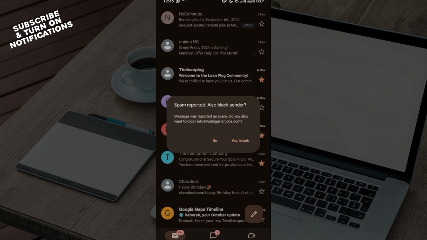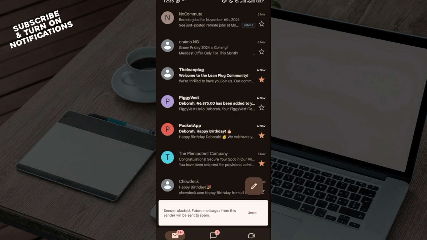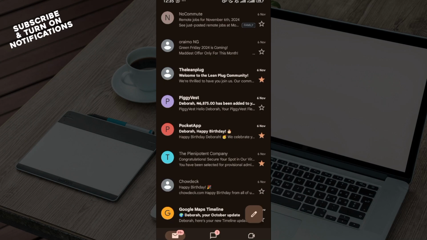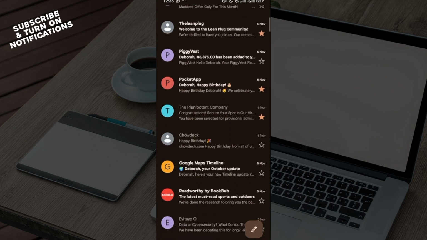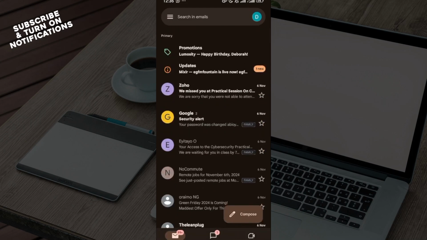The message was reported as spam. Do you also want to block? So click on yes, block. And then just like that, the particular message would be blocked, and that particular sender would be blocked. And so if you want to unblock the person, just move to the top left corner of the screen and